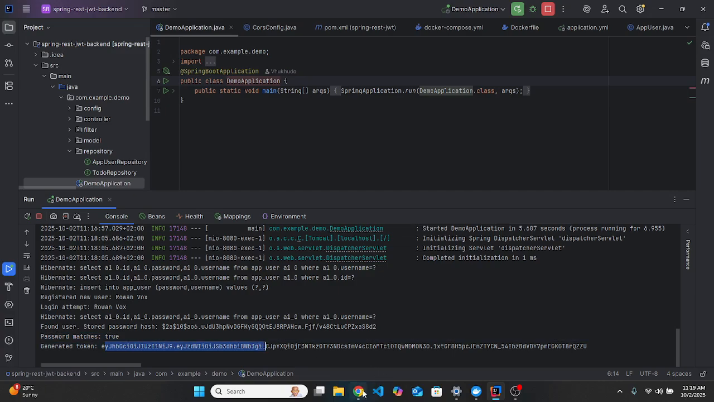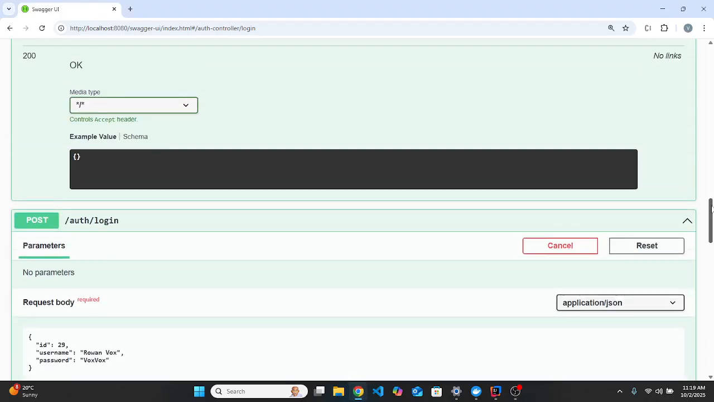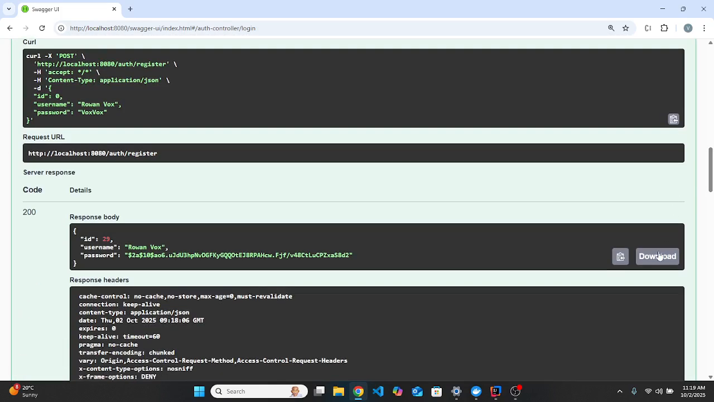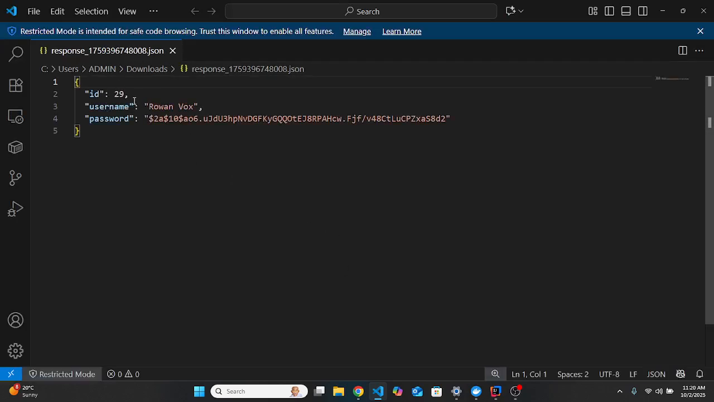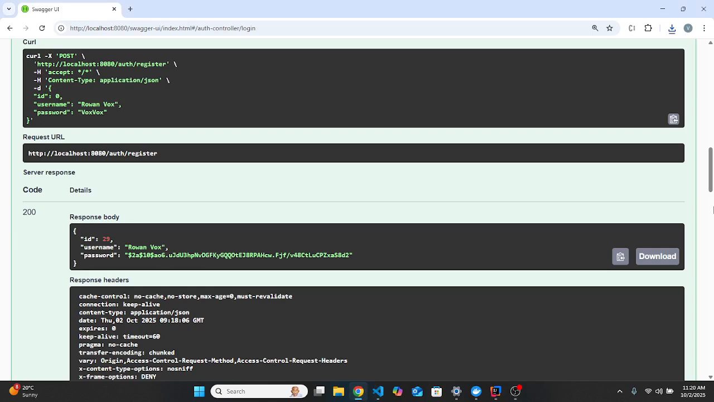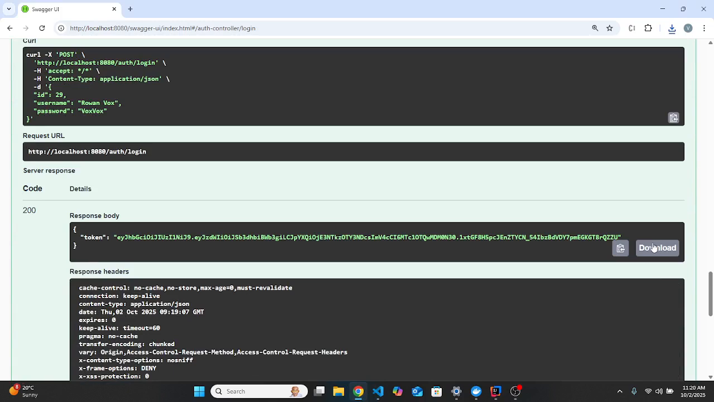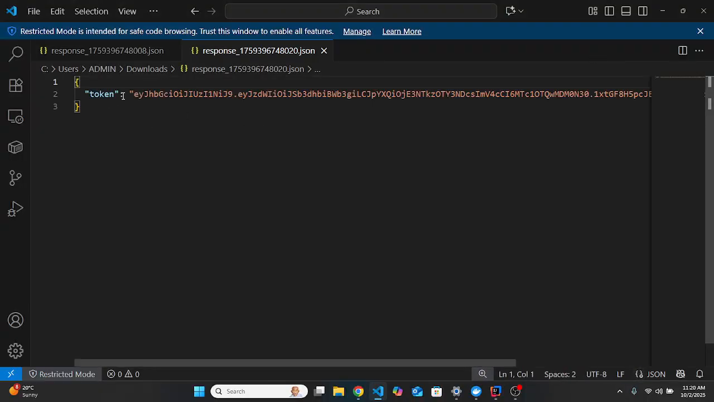So the last thing that we need to do, we need to go and document this. So we're gonna document our register. When we document our register, it's gonna open on VS Code because it's a file. So as you can see, we have ID 29 Rowan Vox and then the hashed password. So now let's go and document our login. If we download here, we'll be able to document our token generated string, you can see there,